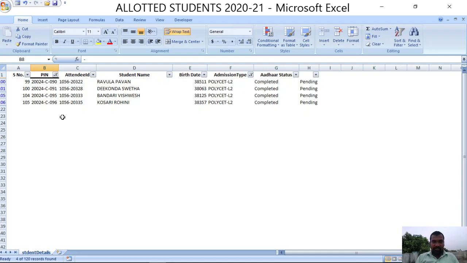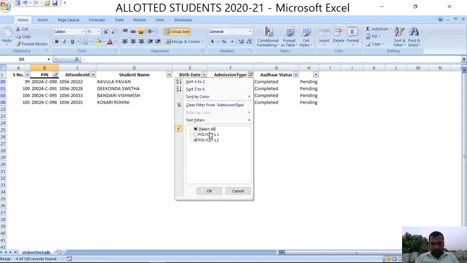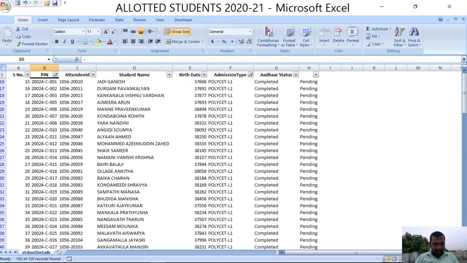These are the students who got the admission and joined, and they are assigned some pin numbers. So 4, try to remember, plus 102. 102 students are in the first phase counseling. 102 plus 4 is 106, but we have 120 students.